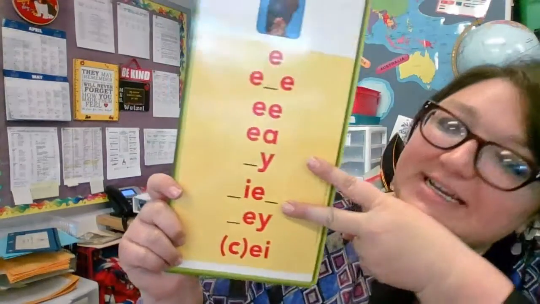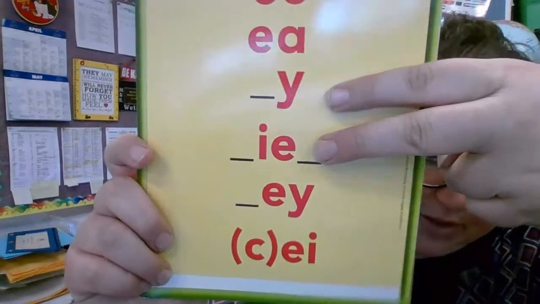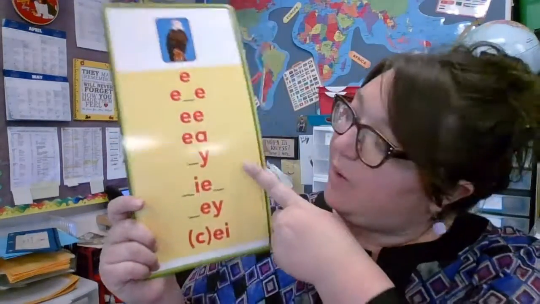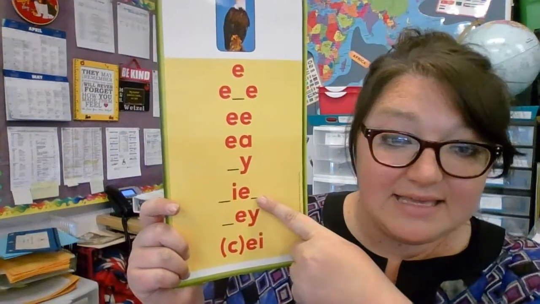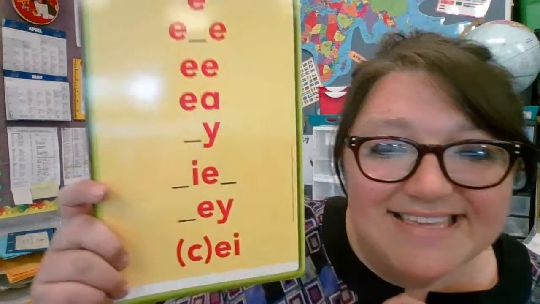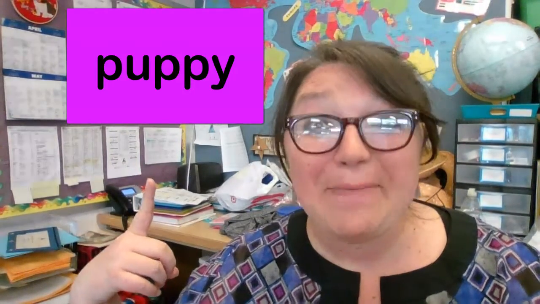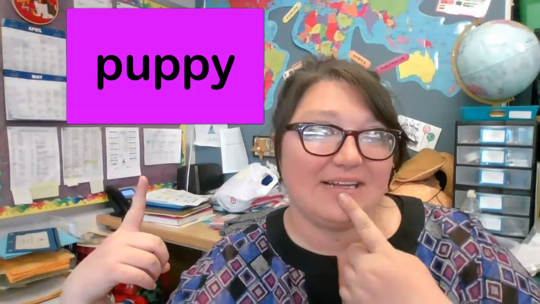This week, we are going to talk about these two. Often at the end of words or in the middle of words, Y at the end and IE in the middle and sometimes at the end can make that long E sound in words like puppy,